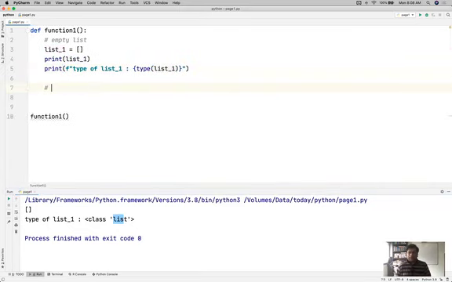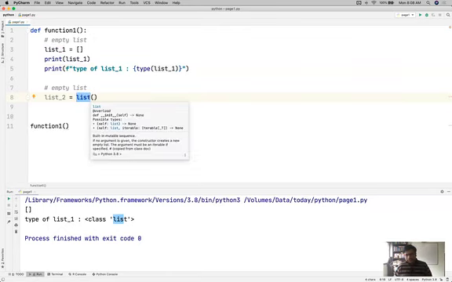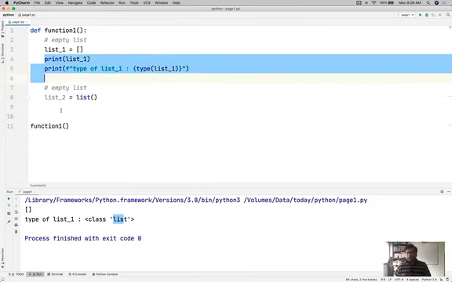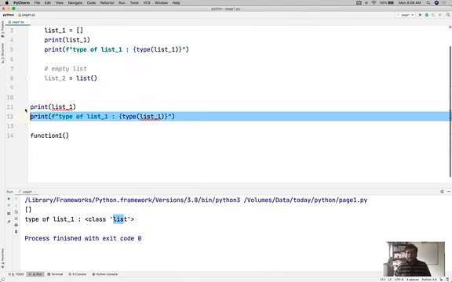Now another way to create a list, which is again an empty list by the way, is another way to create a simple list. Whether you want to add something into it or not, that's a different story. But to create a list, you have a second option, which is calling a function called list. You can call that function and still get a new list object or new list reference in your code. So probably this is my second list